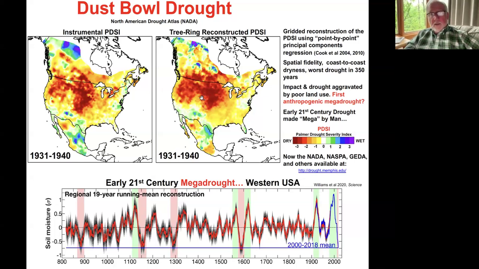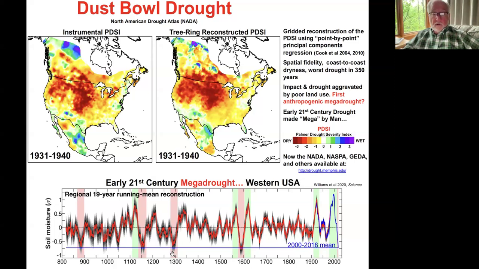It turns out the dust in the Dust Bowl really mattered, and it kind of provided a positive feedback on the intensity of the dryness. And we're seeing this early 21st century mega drought made mega by man, because the precipitation deficit out west during the early 21st century was only a garden variety deficit. It was really the very strong vapor pressure deficits that drove this drought